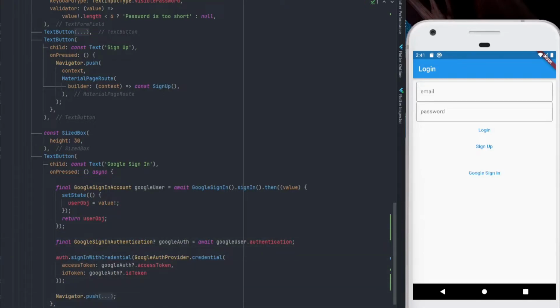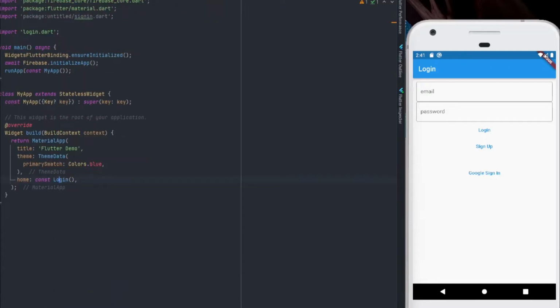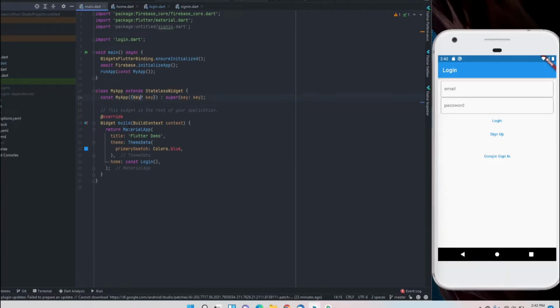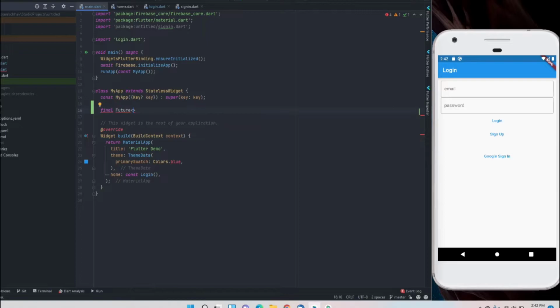Okay, and now for the main.dart file, where we are sending our home to be the login screen, there we have to make the changes. Below the const we have to make two variables below the constructor: final Future of type FirebaseApp, and the name will be _initialization, which will be equal to Firebase.initializeApp,